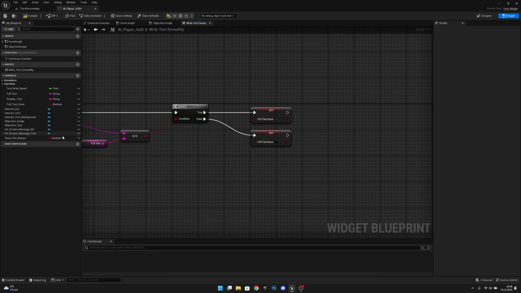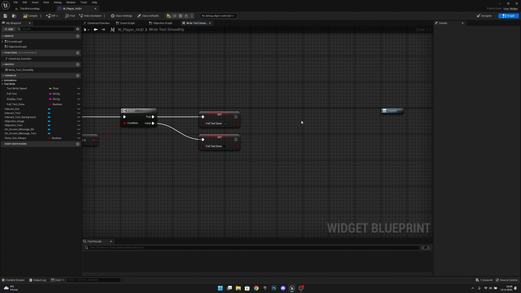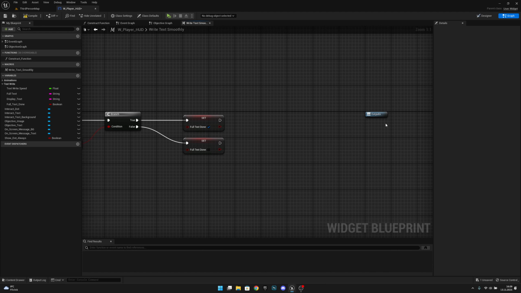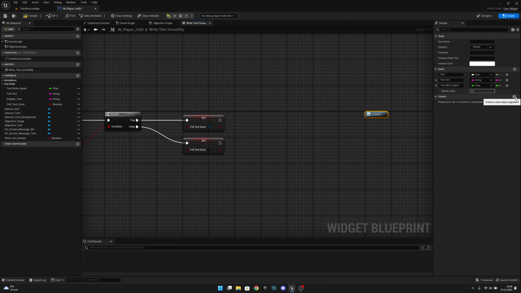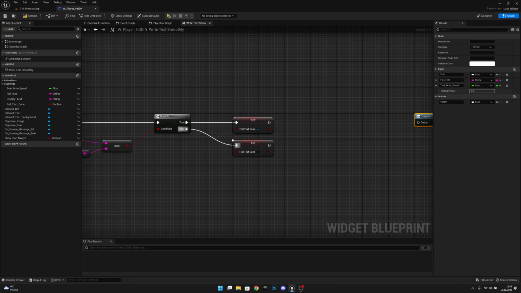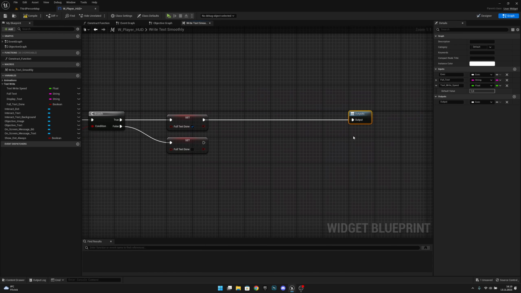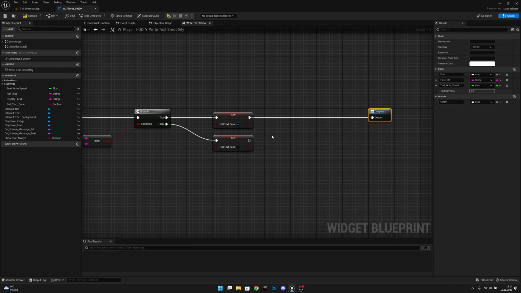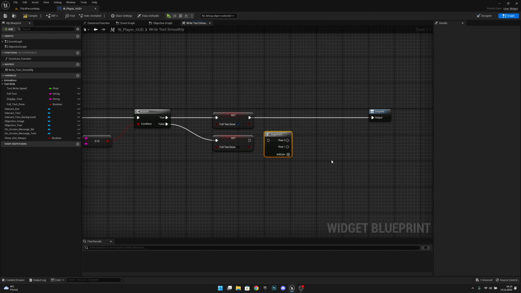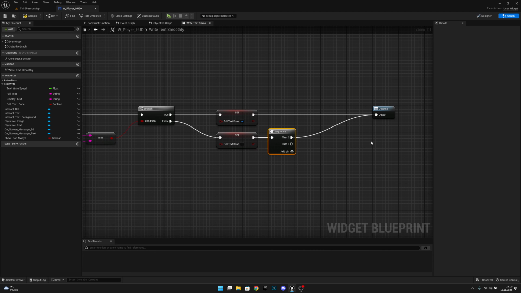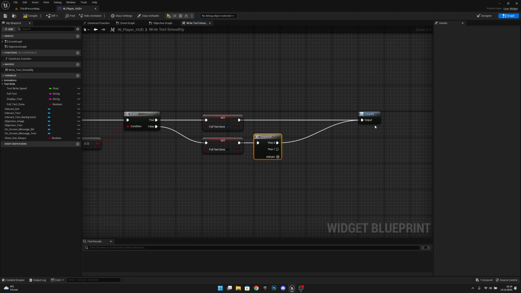And after that, from the true, we can just connect to the output. So let's actually add an output. Let's call it just output, and let's change the type to execute. So when the full text is done, we want to connect here. Let's actually get this a little bit closer, like this. And when it's not done, let's add sequence and connect here and connect 10, 0 to here, also to the output, because after the output, we will, on